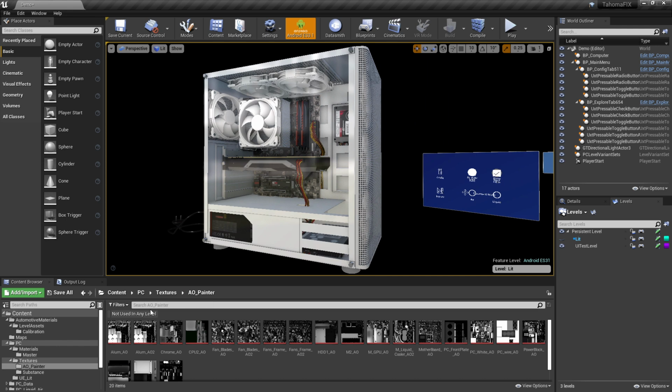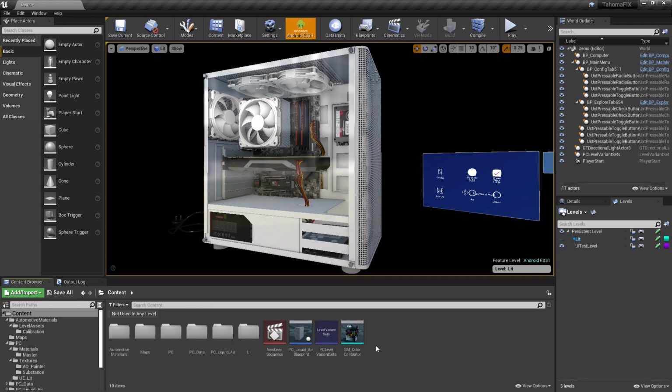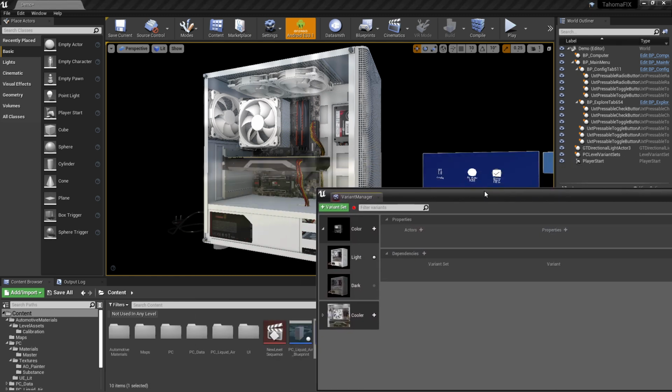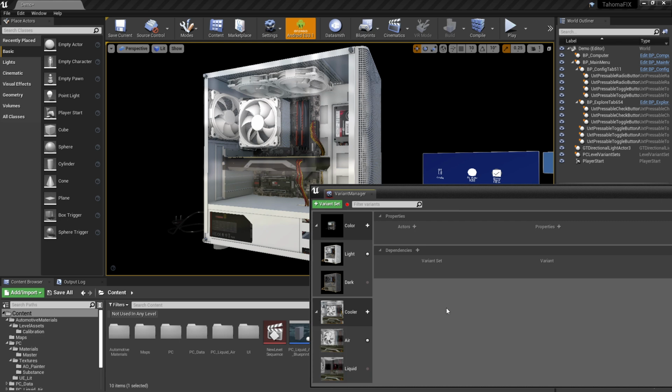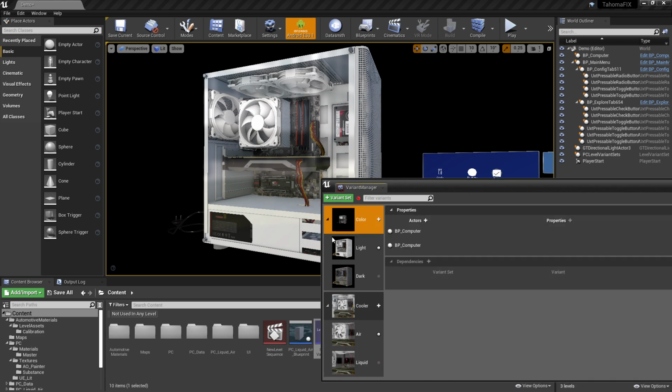So what we're going to do is just give you a quick overview of what the Variant Manager does, and it's already been set up in this scene. And since we're so quick on time and Cameron's going to be using this to build up, I'll let him show some of the wiring up of it. But essentially the Variant Manager is a very fast tool that allows you to create options for objects in your scene. So you basically go through and create variants.